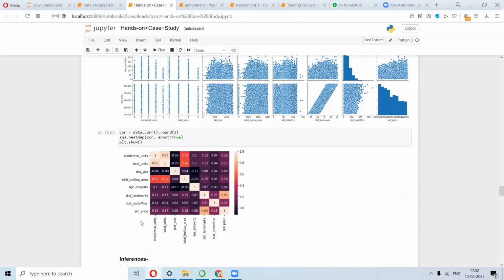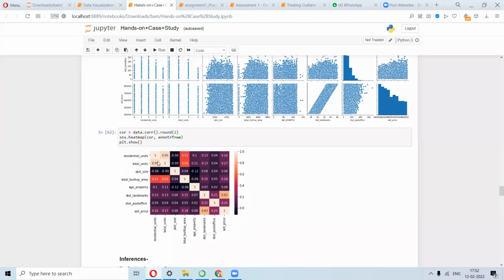Yeah, so this is where we have so many of the features, so this comes in really handy. In terms of looking into the data set overall, just try to find the lighter colors. You will see this is much lighter, this is even lighter. These should be really significant correlations that you have to identify from your data set. Residential units and the total units have a significant positive correlation.